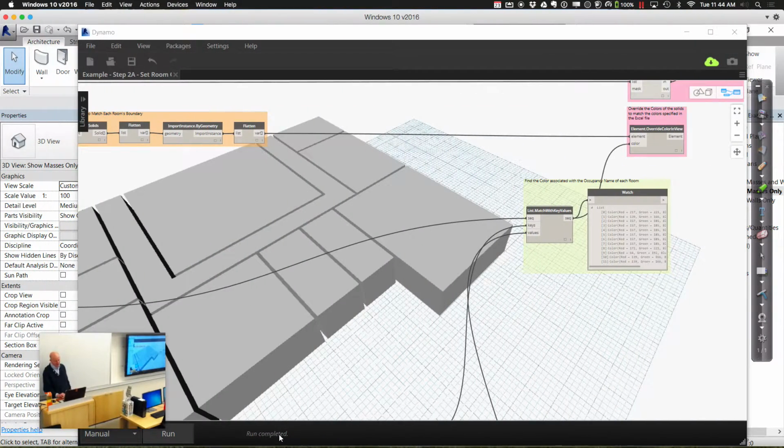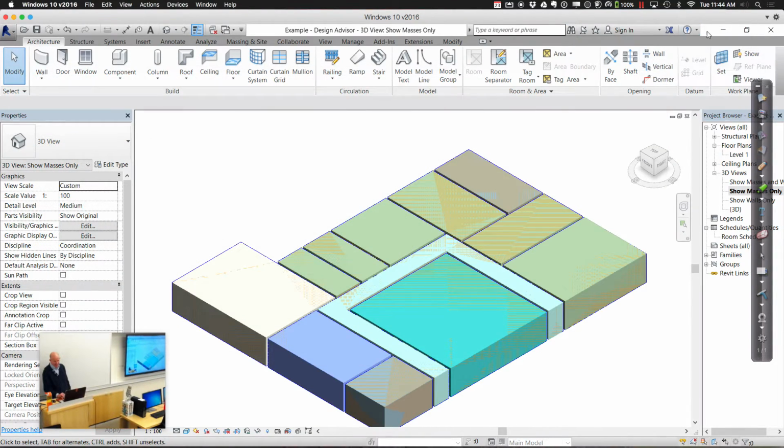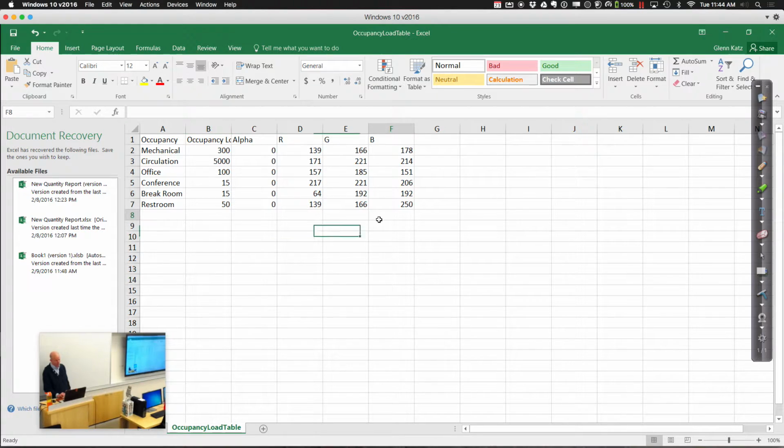So just to illustrate that, if we are over here, and for example, we decide for whatever reason that the occupancy load limits change, something about the targets, or even the colors decided to change. If we decided that the mechanical room wasn't going to be this kind of bluish color, but was actually going to be a much darker color, we could go through and change that. Let me put 0 and 0 in there. I'll just give it a very pure blue color. So what will happen is, although I've made the change in Excel,